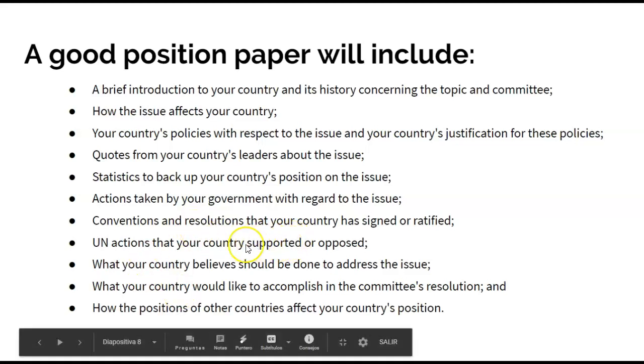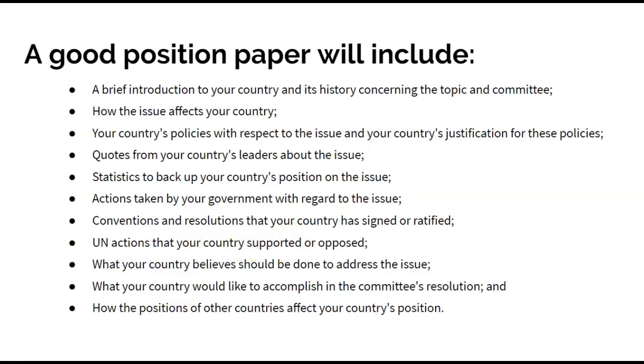United Nations resolutions that your country supported or opposed. So for example, the United States is connected to a lot of countries, but maybe Ghana not so much. What your country believes should be done to address the issue. Remember, we're proposing solutions. What your country would like to accomplish in the committee's resolution. So what is the idea that your country has in terms of solving the problem, and how the positions of other countries affect your country's position. So for example, in Latin America, what decisions that Colombia makes affect the decisions that Chile, Bolivia, Ecuador, Peru make,